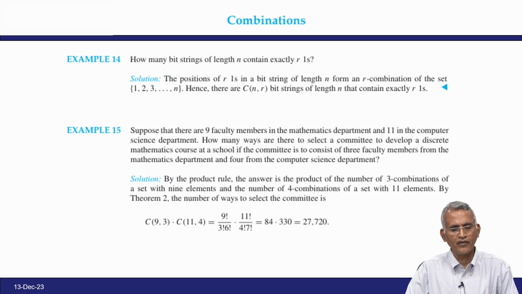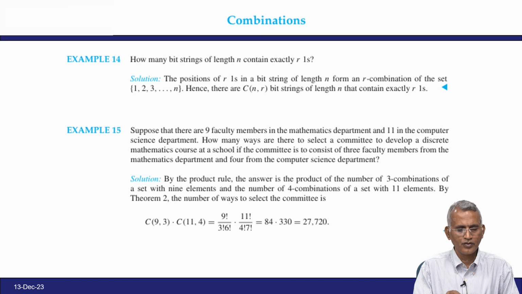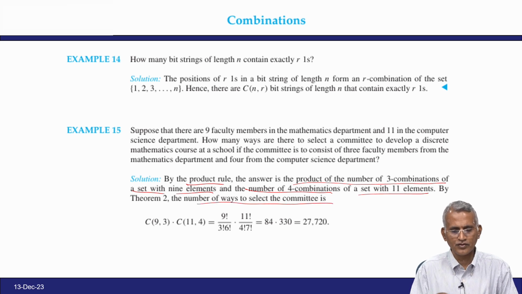Suppose that there are 9 faculty members in the mathematics department and 11 in the computer science department. How many ways are there to select a committee to develop a discrete mathematics course at a school if the committee is to consist of 3 faculty members from the mathematics department and 4 from the computer science department? By the product rule, the answer is the product of the number of 3-combinations of a set with 9 elements and the number of 4-combinations of a set with 11 elements. By the theorem, the number of ways to select the committee is